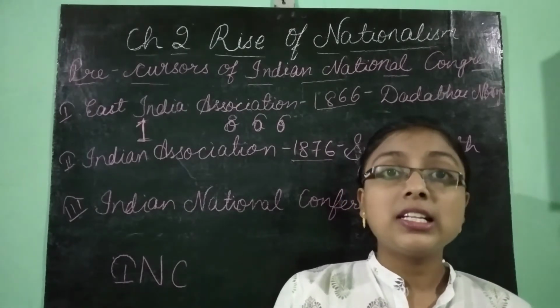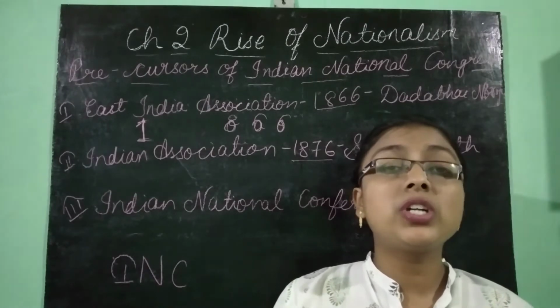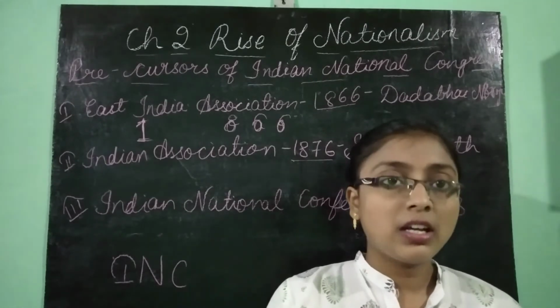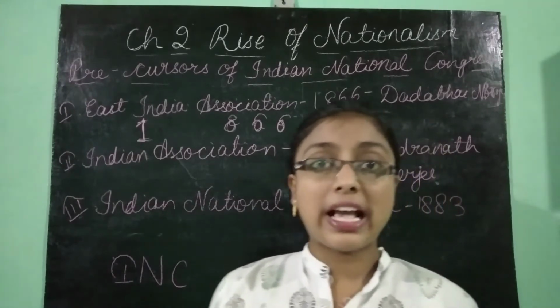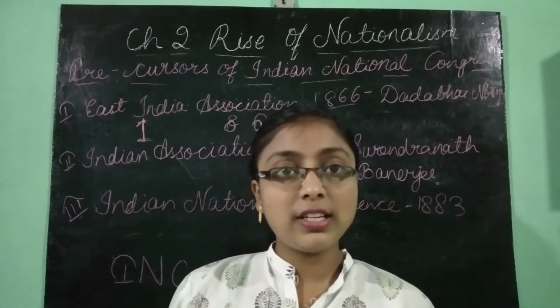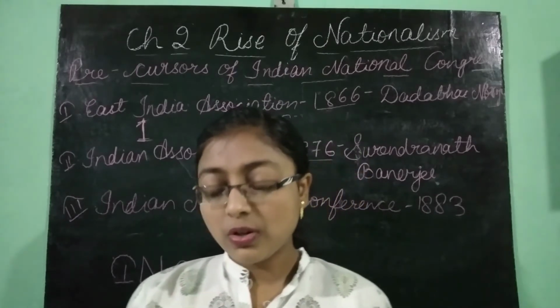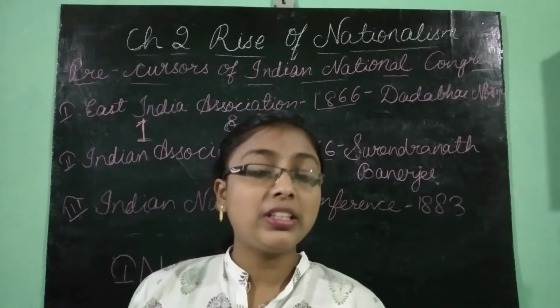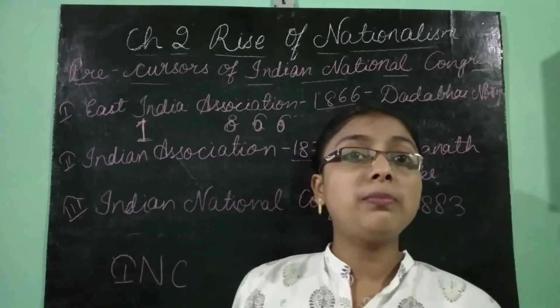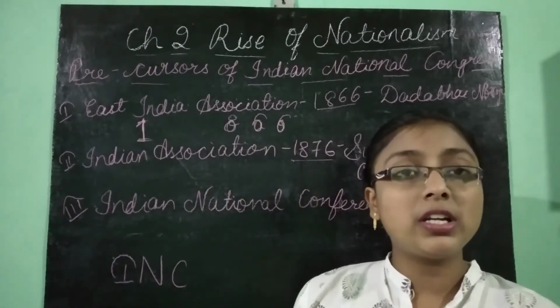Second one, they wanted to create unity between Hindus and Muslims. They didn't want rivalry to exist between these two religions. Third one is that the Indian masses who have common political interests,